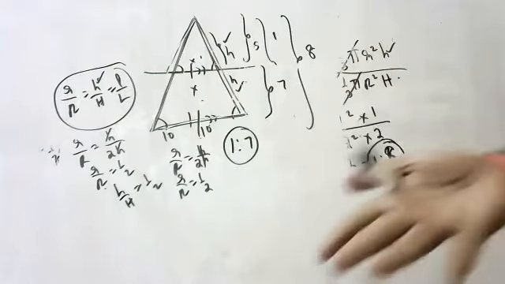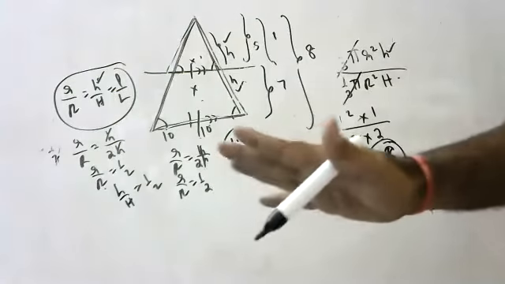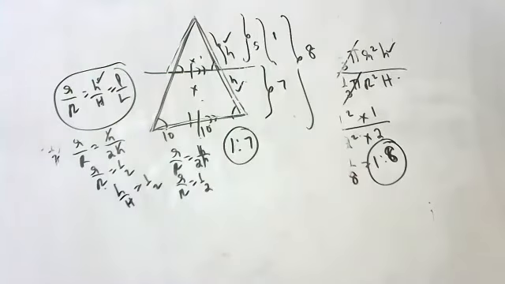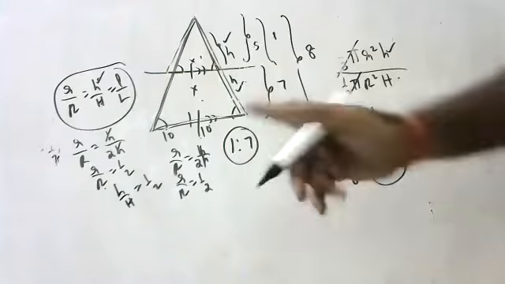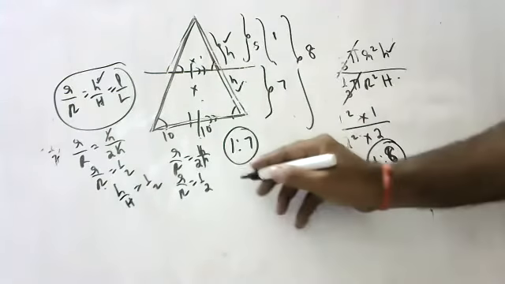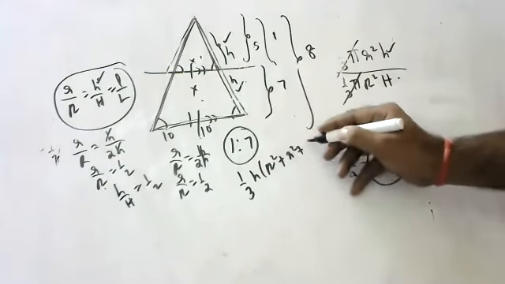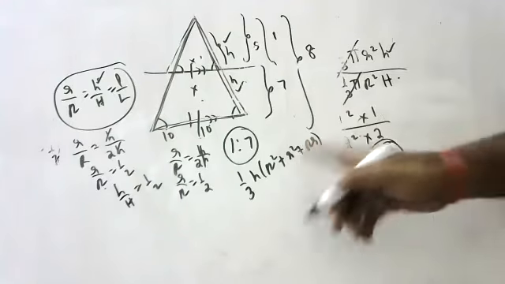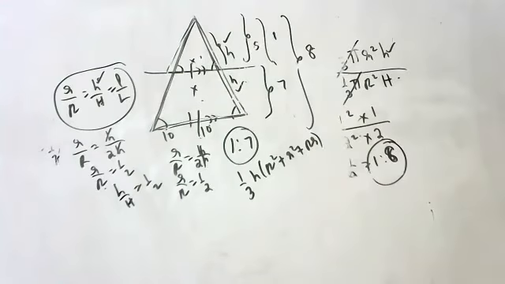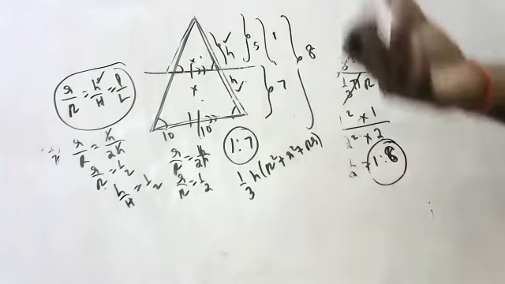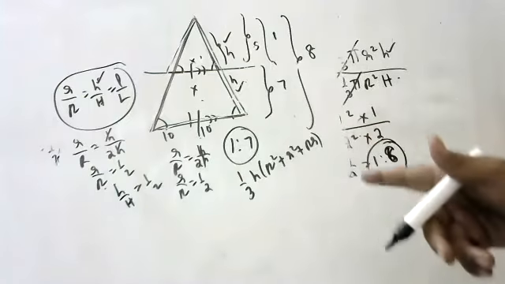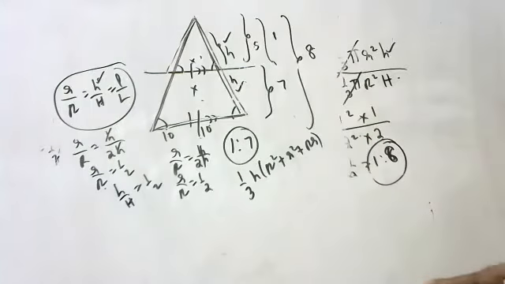1:7. But what I told, instead of avoiding the frustum, I told why: the frustum is not there in the syllabus. If the frustum is there also, I would have said like this only, because the frustum formula is very tough, children. 1 by 3 pi H (big R square plus small r square plus big R into small r). No one will do like that, children. If you know the maths, they will do like this only. If you have the frustum in the syllabus also, I used to teach like this only, children.